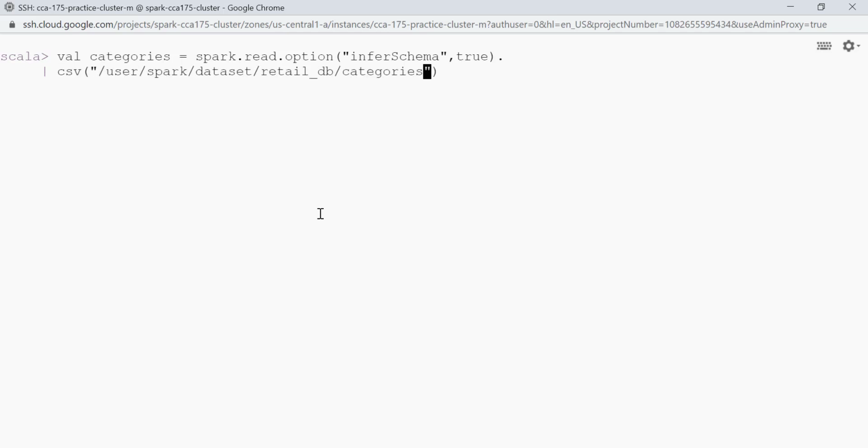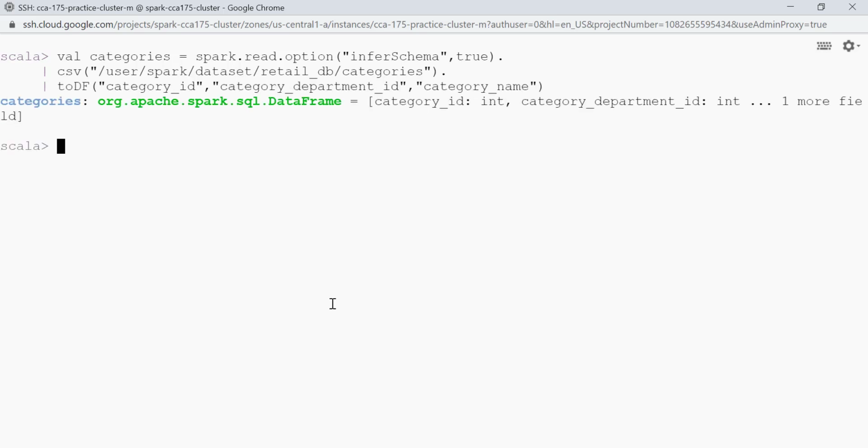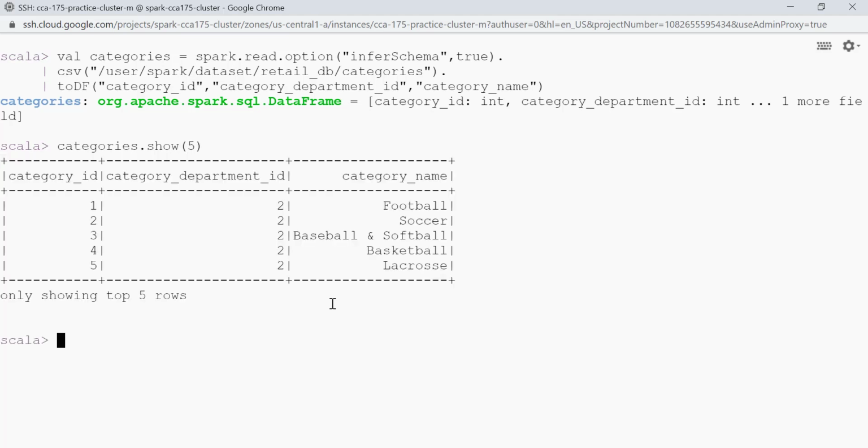So this is my HDFS path. Then I'll be providing the logical column names using toDF. These are my column names and we are done. So we have categories data frame as well. Let's see some of the data. categories.show and give me top 5 records. So this is my categories data.